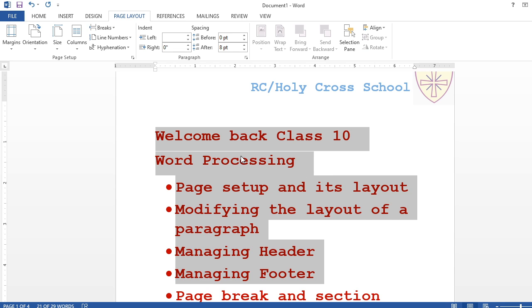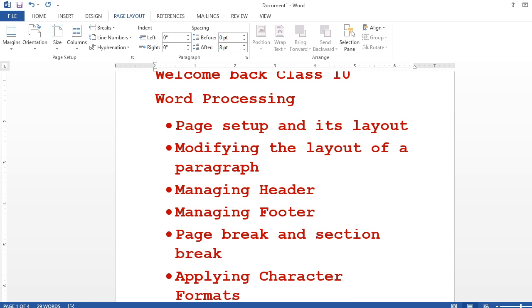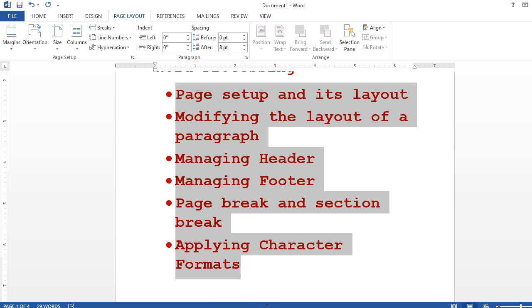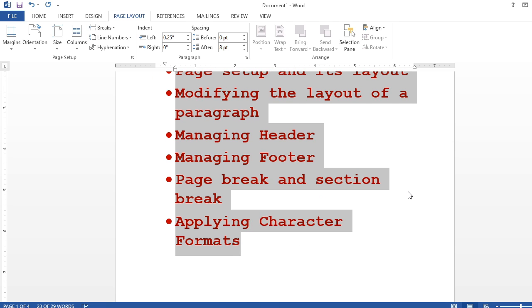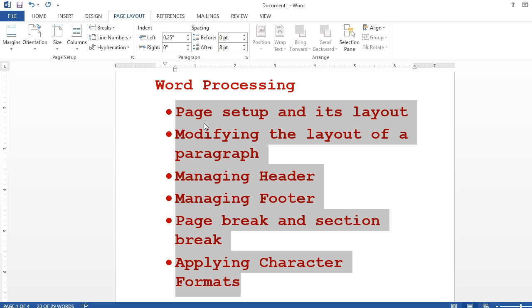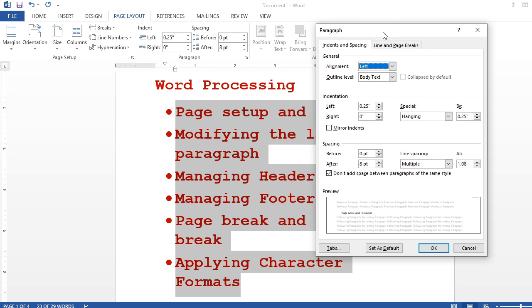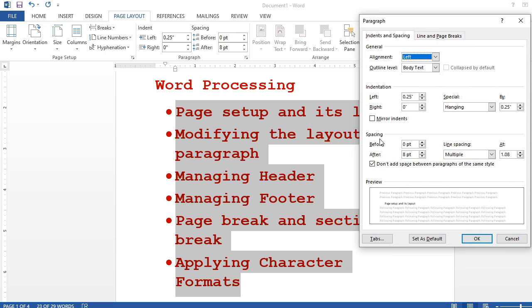Okay, so what we're going to do, we are going to reduce this vertical spacing through the paragraph. Suppose I am going to select this one till here, right? I had selected and I want to reduce the vertical spacing here. I will go to this paragraph, just check, and here you check out a spacing is written here, spacing before 0 point. You see this one is 0 point, and now it is here after 8 points.